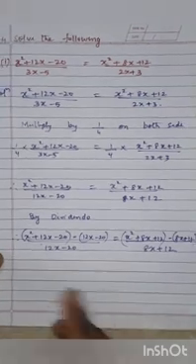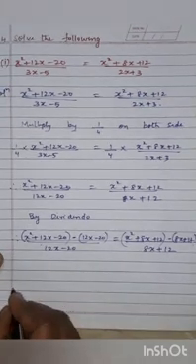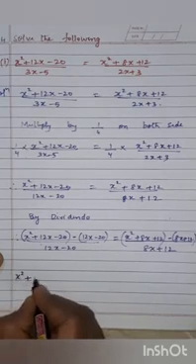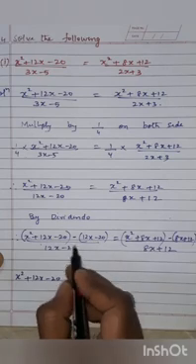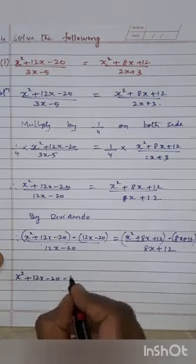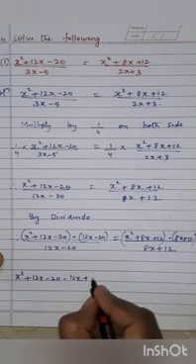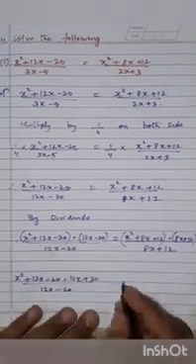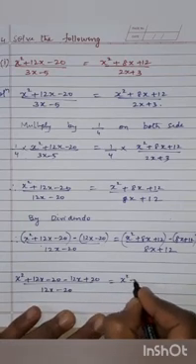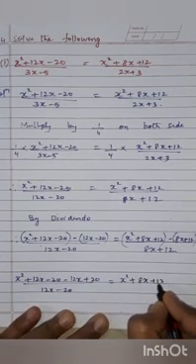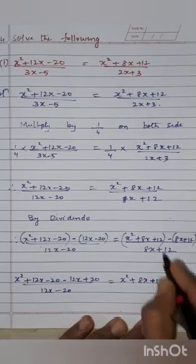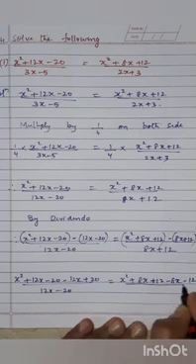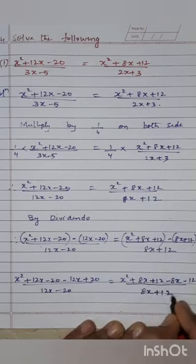Okay children, now after this what we have to do? We have to open the bracket now. So what we will get is, we get x square plus 12x minus 20. So here it is minus, when you open the bracket you get minus 12x, minus of minus plus 20 upon 12x minus 20 is equals to, here also x square plus 8x plus 12. This entire a is as it is. Then here minus 8x, minus of plus is minus 12 upon 8x plus 12.